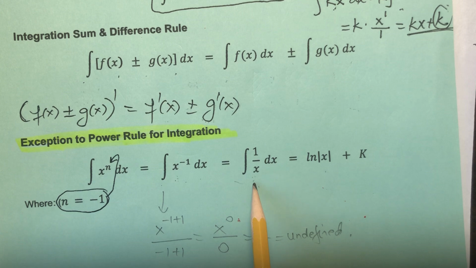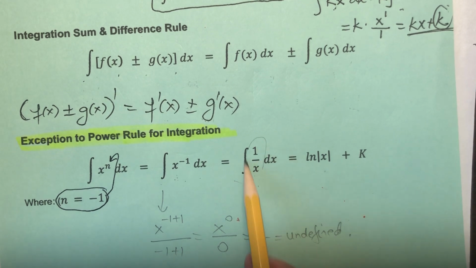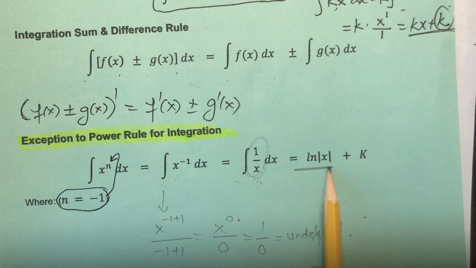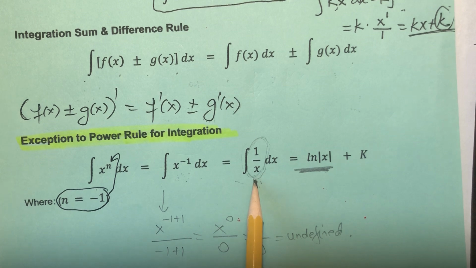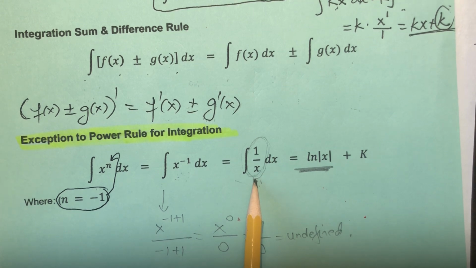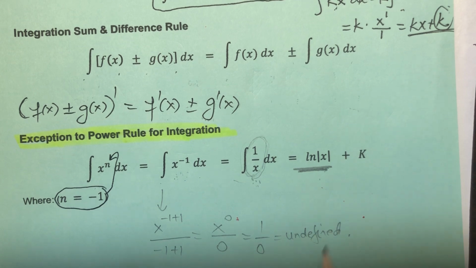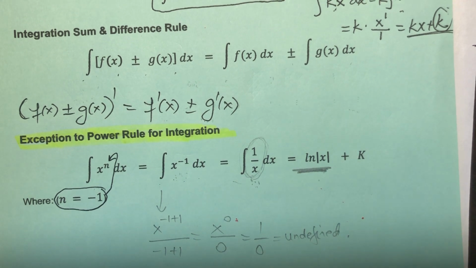But do you remember any function that we've talked about lately whose derivative looks like this? And there is a function whose derivative looks exactly like that, and that's the natural log function. So for this example, when we're dealing with an x to the -1 and we're thinking which function has a derivative that looks like 1 over x, the answer is ln of |x|. Now, the one thing we will still also have to do